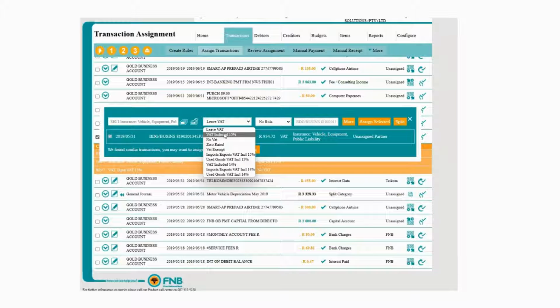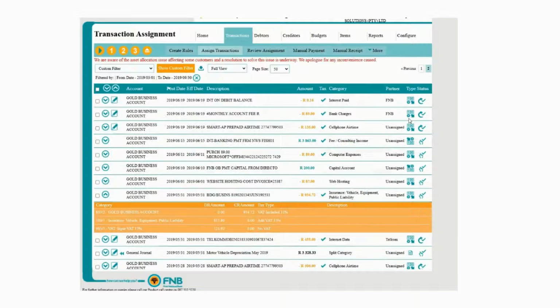VAT included 15%, and then you say assign selected, and then it will show that tick. So I've already done that. This is historical information. However, I'm just showing you for that period of 2019. That's how I categorized each of these items, and with the tick it shows that there was either a VAT input or there was that fees that came through where I've included VAT